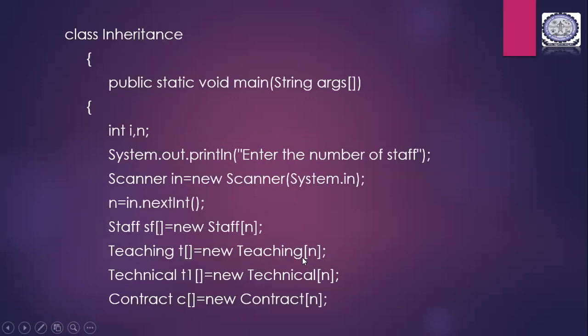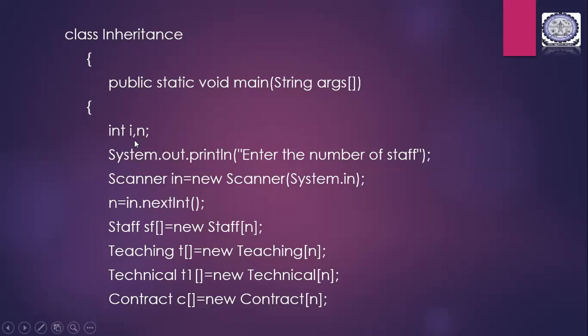Here we define the main class. You would have seen in your OOC class sessions the program structure, where you have the main class and then the main method defined here. This is the main method. The main class is class inheritance, because inheritance is what you're depicting through your program. So the main class here is given as class inheritance, public static void main string args. This is a default statement that you will have to put in.